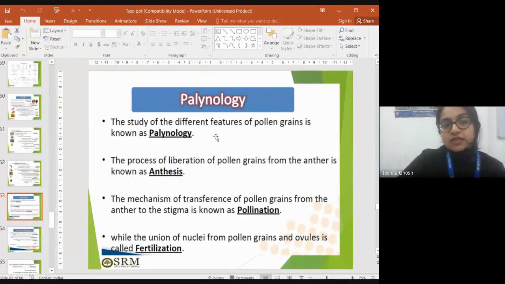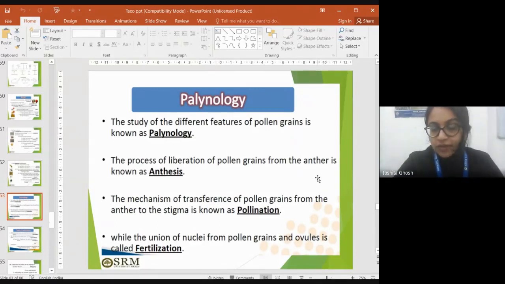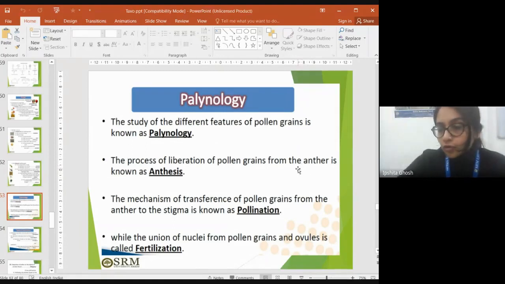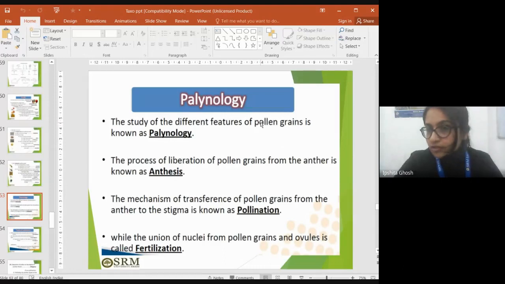So palynology is a study of different features of pollen grains. Okay. So what are pollen grains? They're bearing the male gamete, right? So pollen grains are very important for plants because they're responsible for taking forward the reproductive ability of a plant, right? So, pollen grains are extremely important, and to study the characteristics of pollen grain is another important factor because when